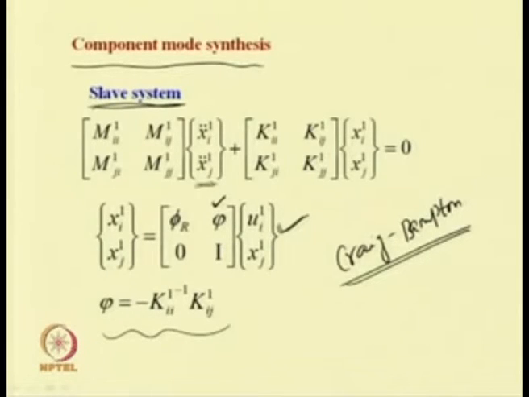so the mass, stiffness and damping matrices of slave system 1 are transformed into the new coordinate system. We can transform them into the new coordinate system u_I1 and x_j1 in this way, using this coordinate transformation. This is the mass matrix multiplied by this. Similarly for the stiffness matrix. Here this is the left eigenvector and this is the right eigenvector. So, using the left and right eigenvectors we can write this, and for the damping also, and for the force also we can write it this way.